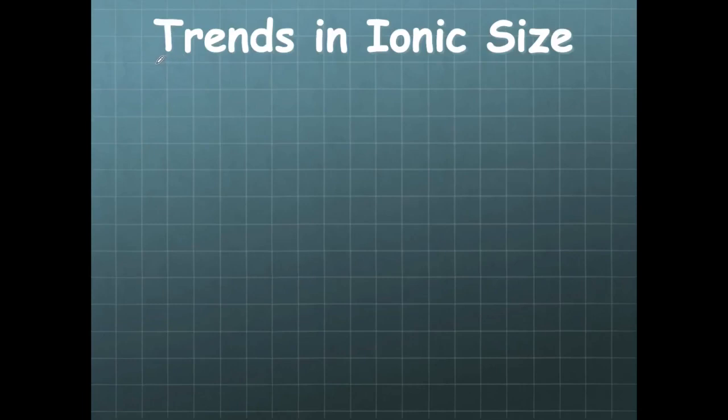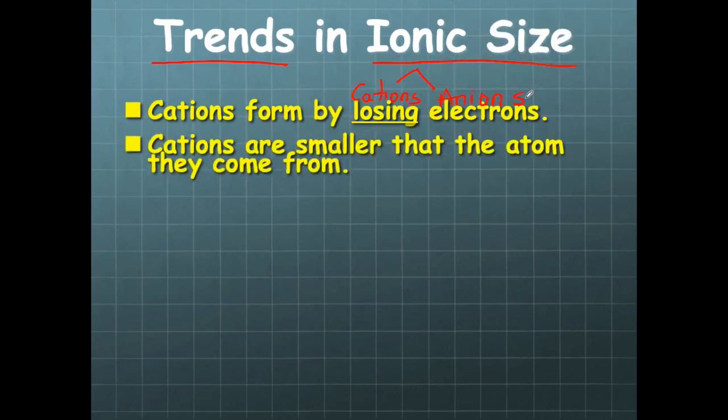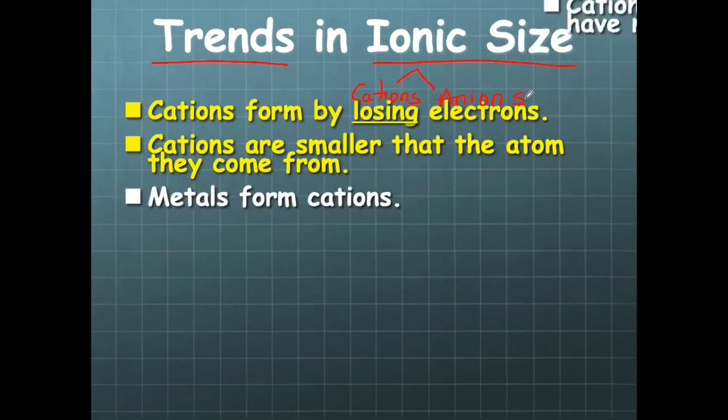In today's lesson, we're going to look at the periodic trends in ionic size. So there are two types of ions. We have the cations and anions, and we'll look at both of them. Okay, we know that the cations are formed by losing electrons, and cations are smaller than the atom they come from. Metals form cations, and